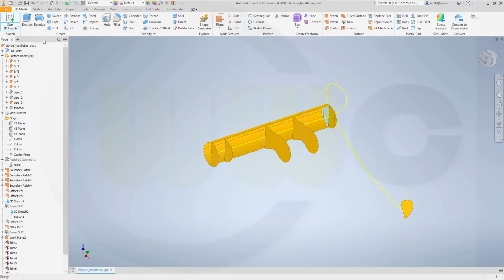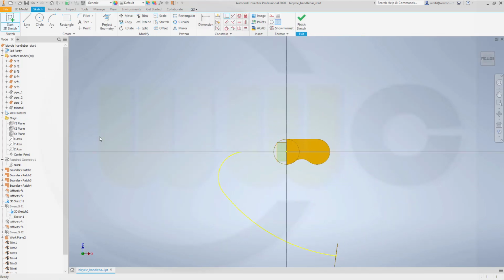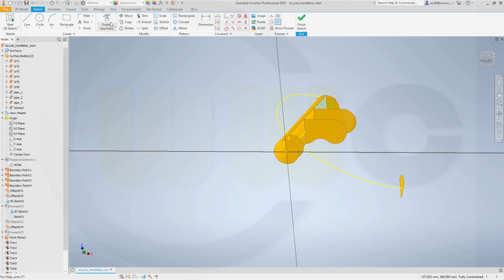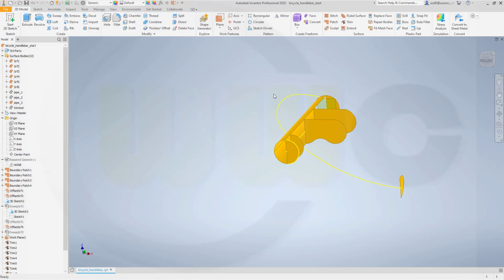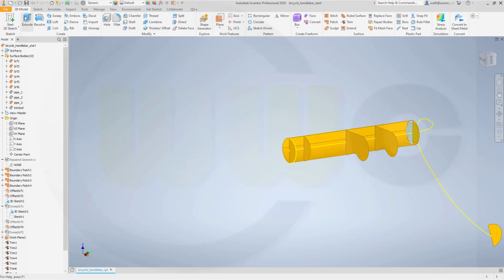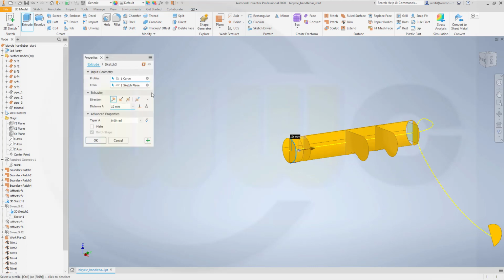So let's go for another sketch on this plane. Yeah, let's project this geometry and make it standard. Finish that sketch. Let's make an extrude surface, yes,